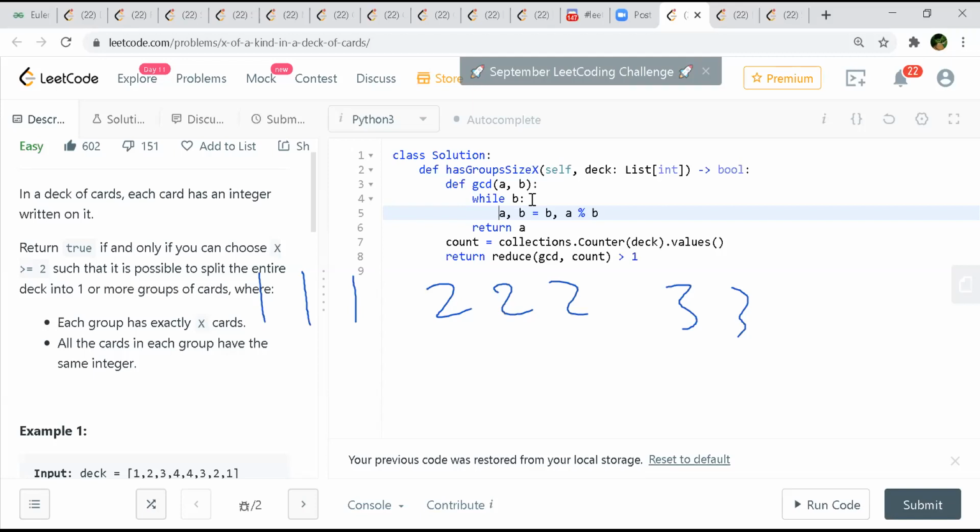Since we already sorted the array, go with the 2 frequency and compare that subarray size. If it is not satisfying the condition, somewhere the 1 and 2 will come in one group, and that will break your loop. Then just start with 3. 1 1 1 will get satisfied, 2 2 2 will get satisfied, but for the 3 3, this size won't get satisfied. So you can break there.